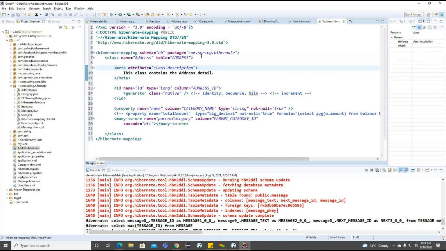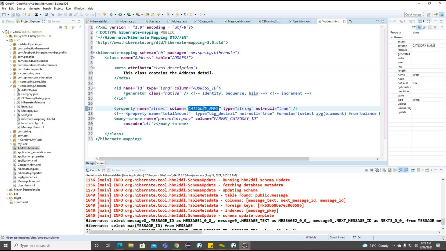Okay. Now the property street here, we can make only street here.